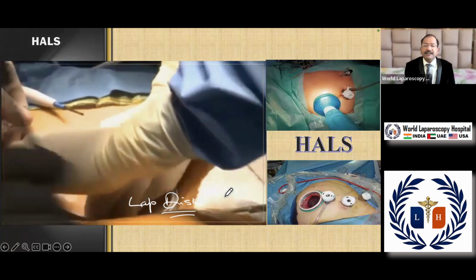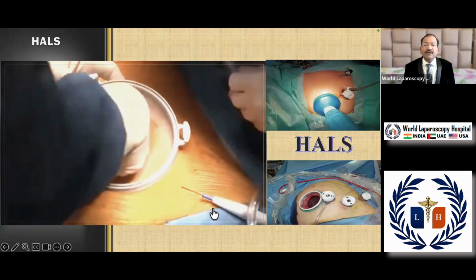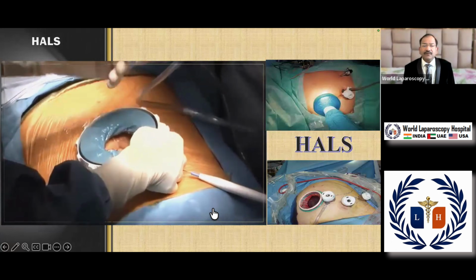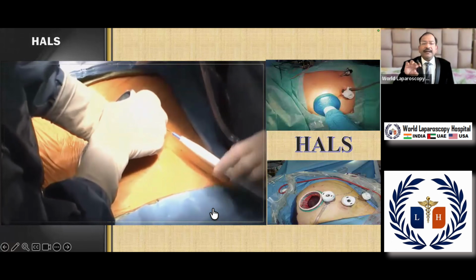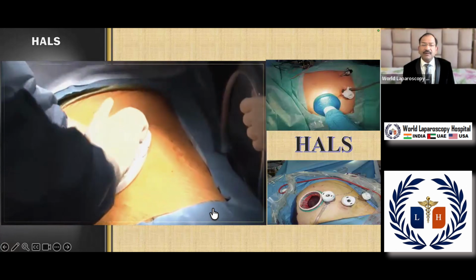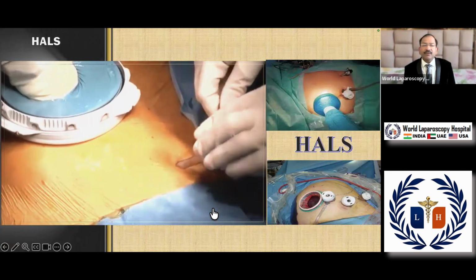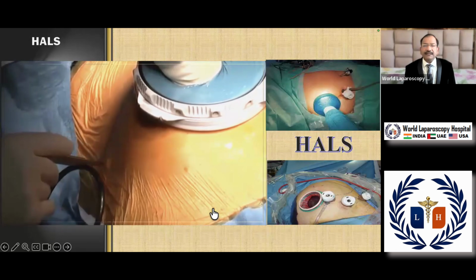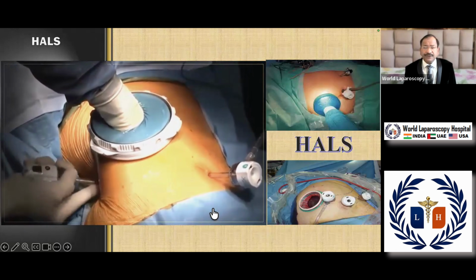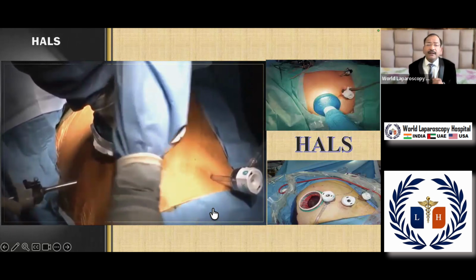And you can see it has two discs. One disc is inside the abdomen, the other disc is outside the abdomen, and you can push your hand inside the abdomen. After that, you can tighten the outer one, and then you can support with the hand the organ you want to operate on, and then you can do hand assisted laparoscopic surgery. Your telescope is also inside, your instrument is also inside, and your hand is also inside. And at the end, you can deflate it and it will act as a wound protector and you can take